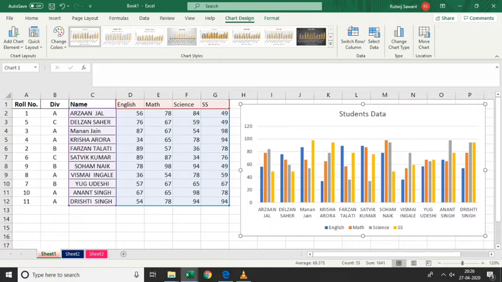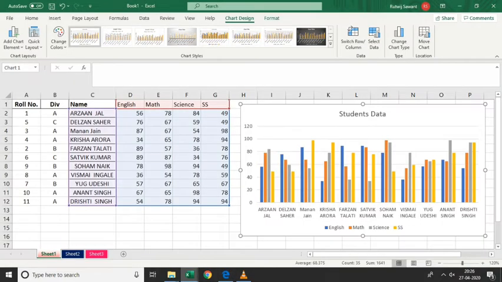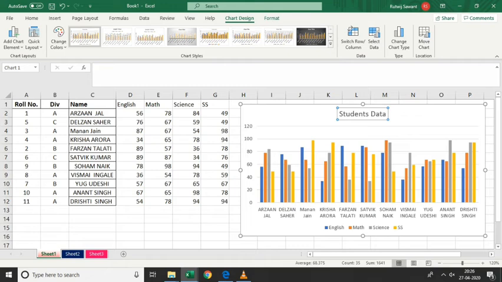Then the legend is the one which indicates the value of that. Like when you do your graphs in math, plotting dots for each different subject, it shows some color. That indicates it. So this part is called the legend. Then we have the data series.